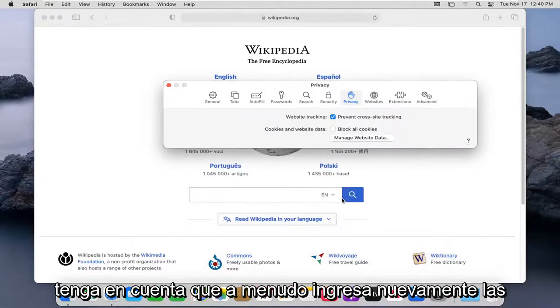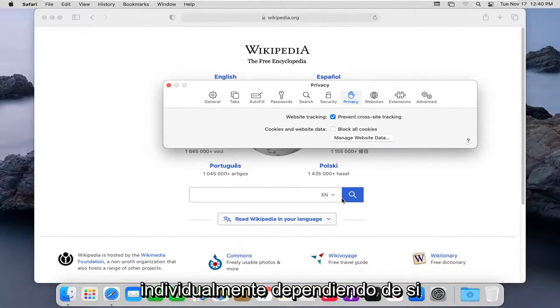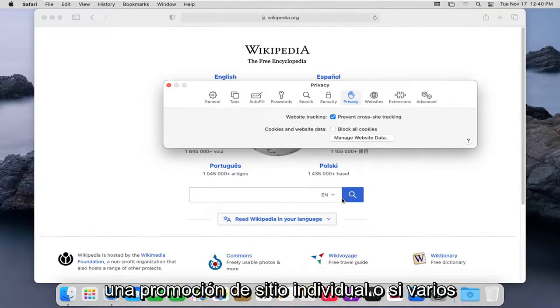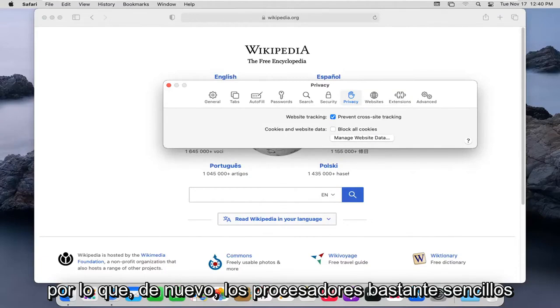Please note you will have to enter back in website passwords if you clear them all. Otherwise, you can remove each one individually depending on if you're having just an individual site problem or multiple websites are having a problem. So again, pretty straightforward process there,